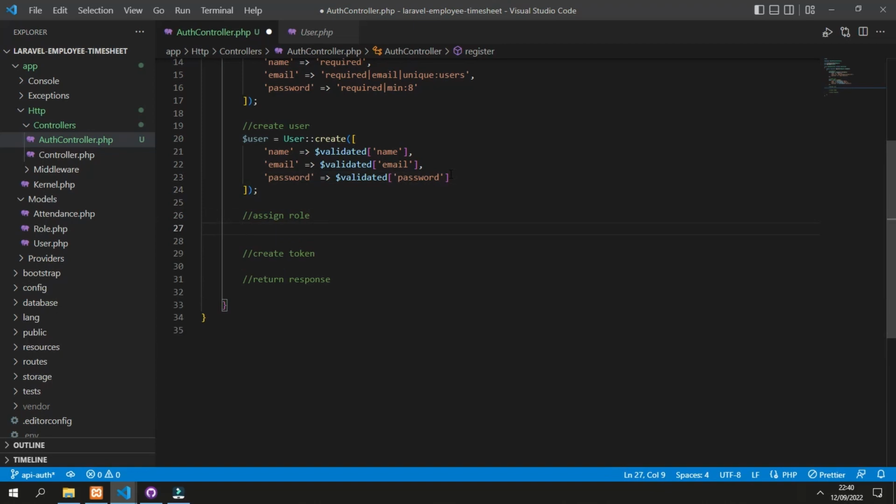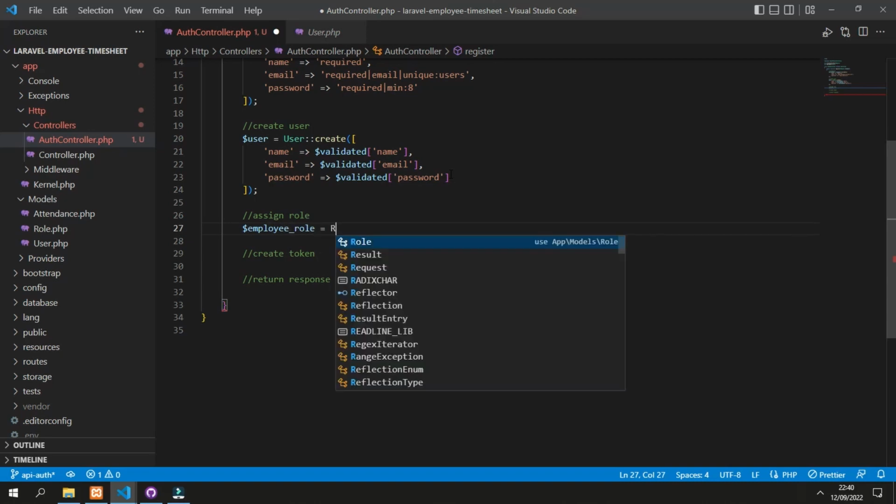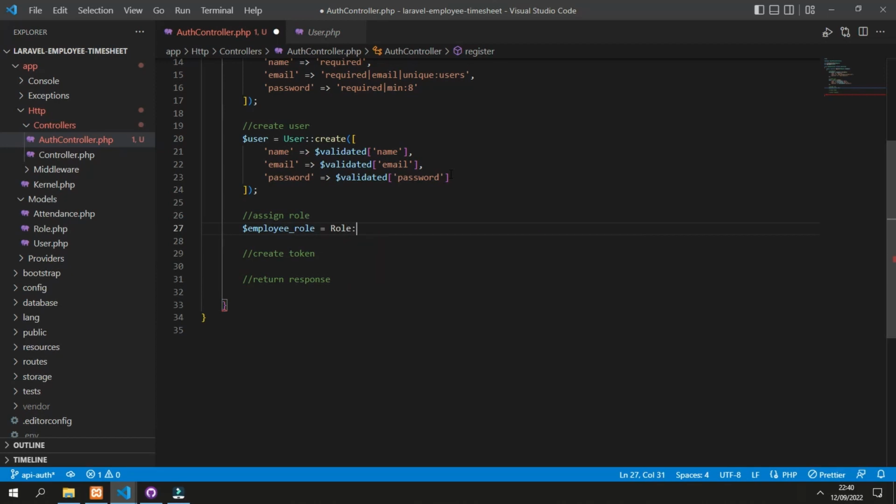First we get the role, the employee role. In this object, employee role is Role where name is employee. And to get that object, we put it with first.